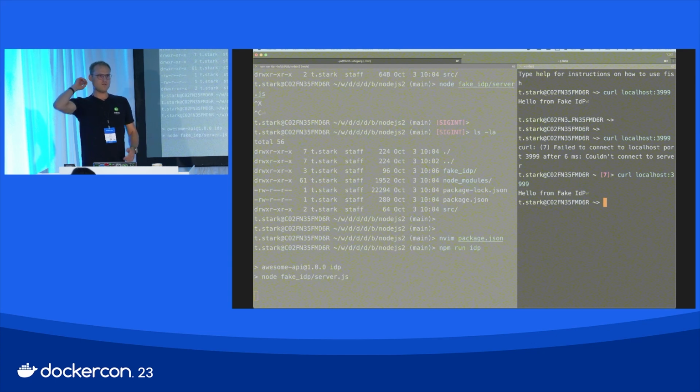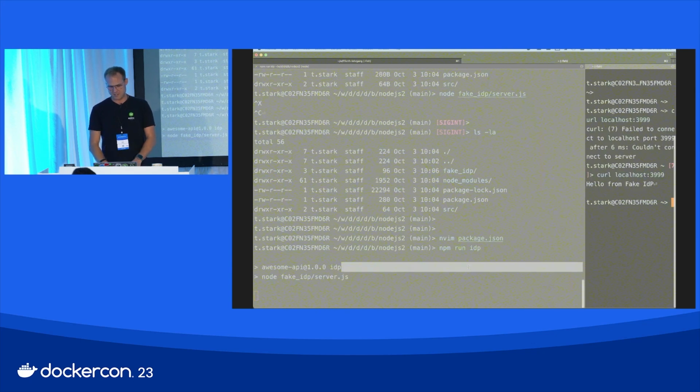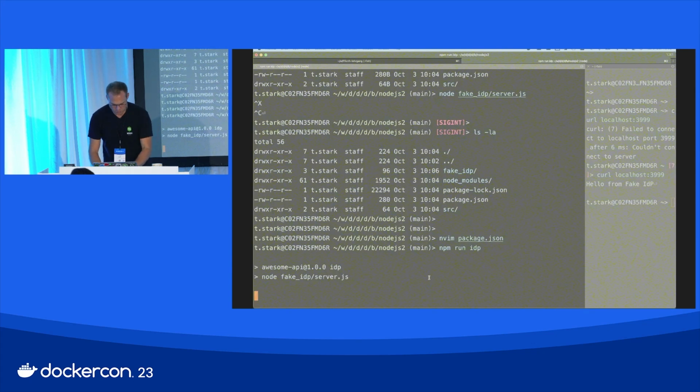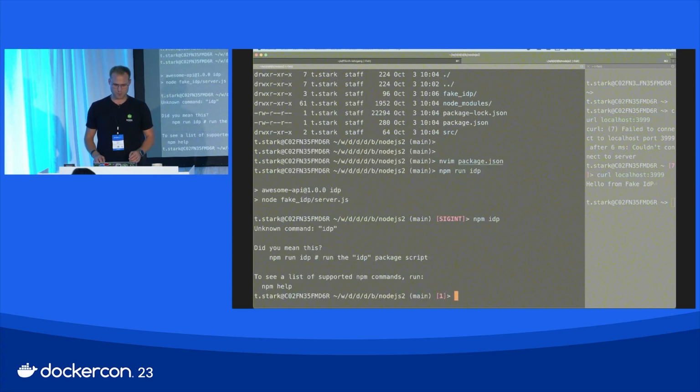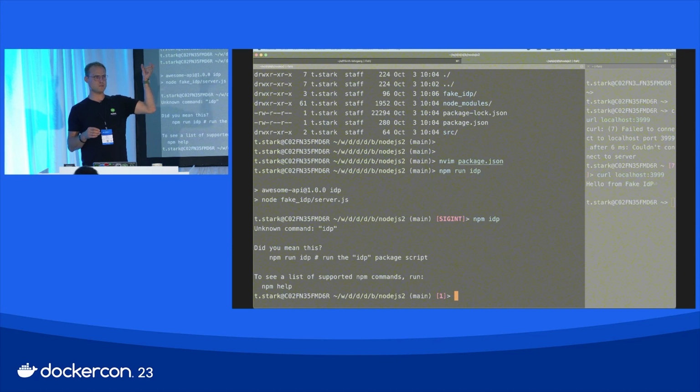Again, it's a very, very small thing to do, just adding it to the package.json, but it will help another engineer to understand what you're actually doing. Right? So put it in for what it's worth. And these are the difference. If we do npm start, it will basically tell you I have no idea what IDP means. But it would know what start means, but it would look for an index.js file